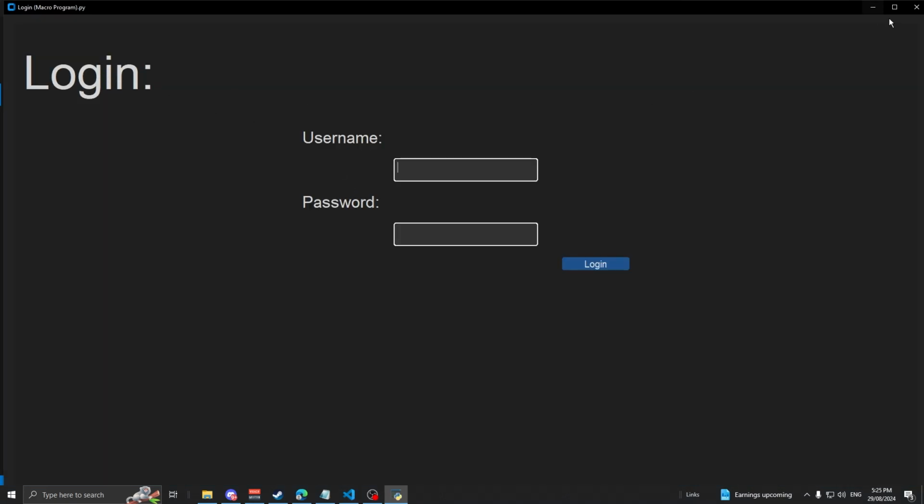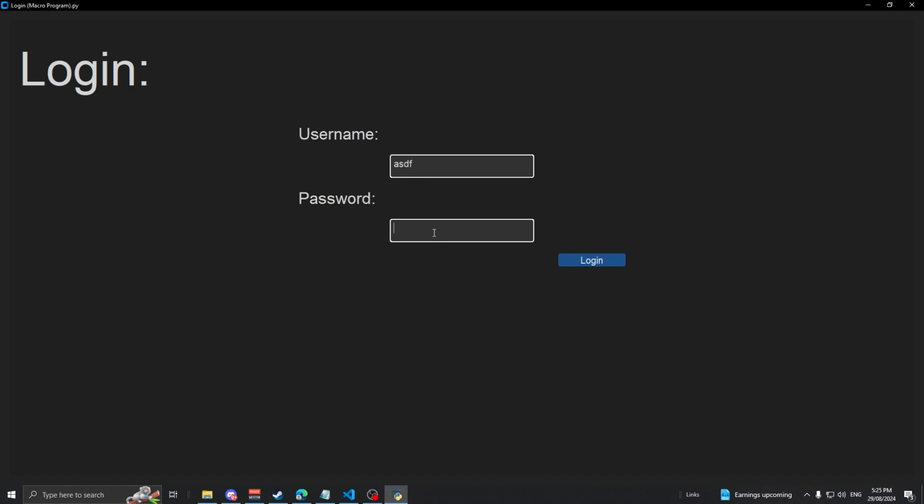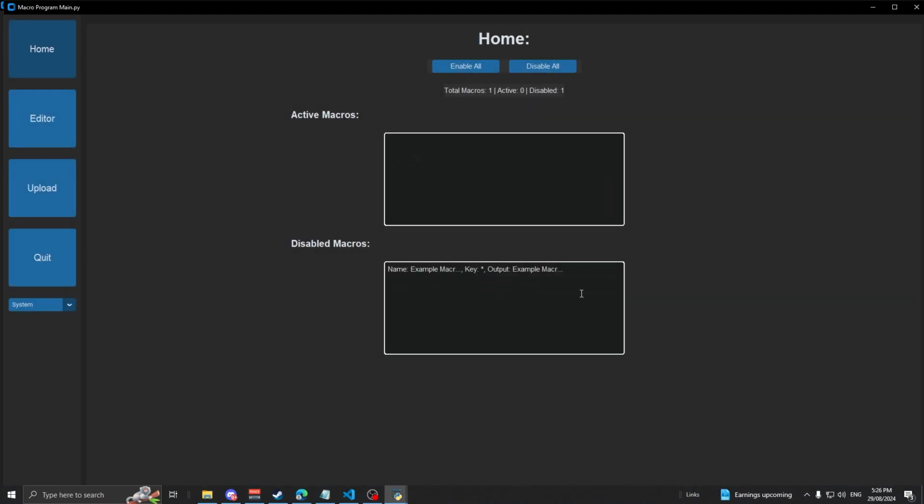So we have our login screen. It's a very simple login screen. Say, for example, I get the username and password wrong. We have an error catch. Now if we write the actual login details here, we press login, bang, we get to the next screen. So yeah, this is the main part of the